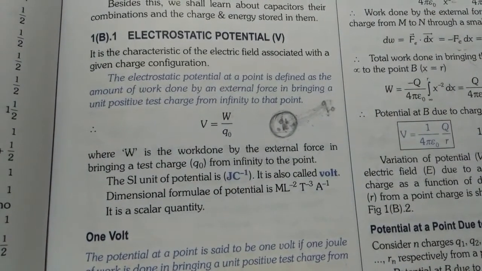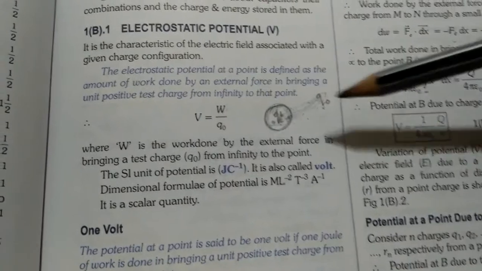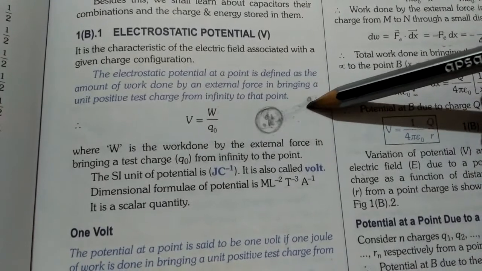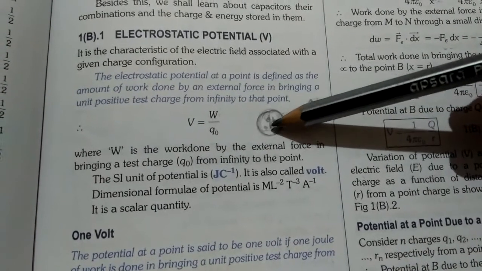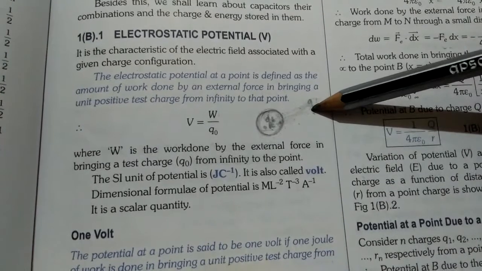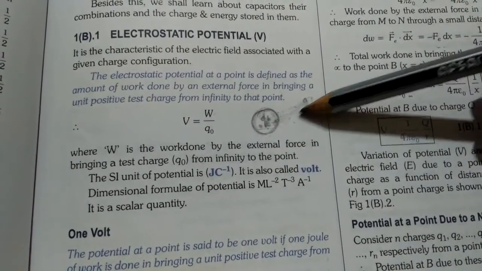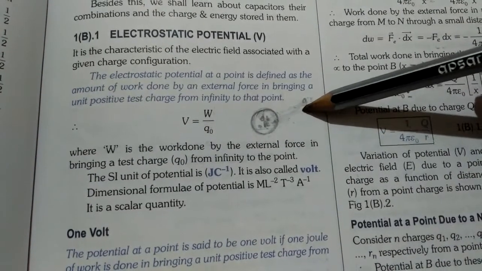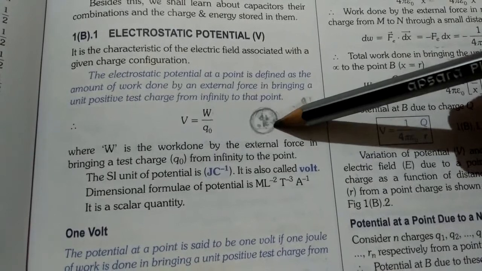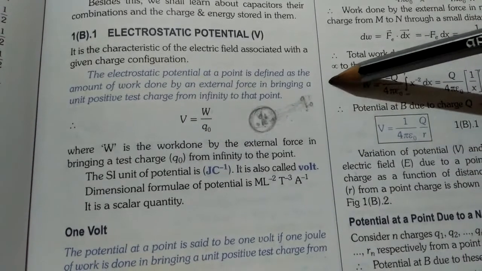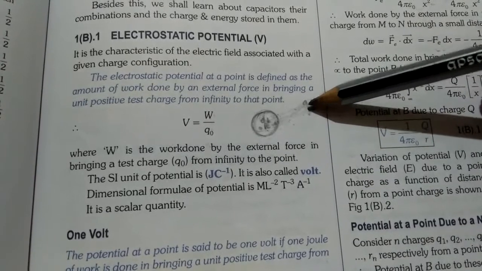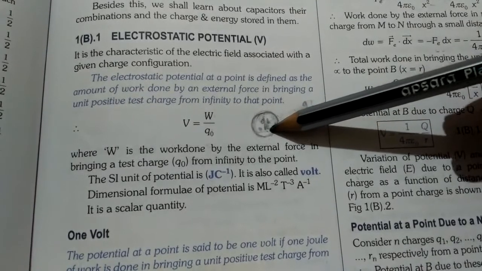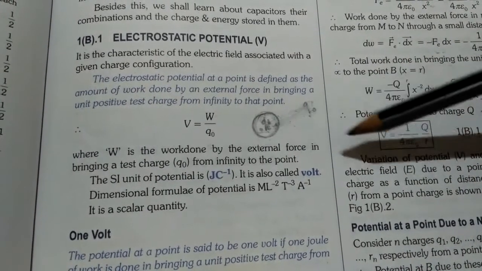Now when we have to move the test charge from infinity into the electric field, we have to do some work in moving it. Because the source charge and the test charge both have the same charge, they repel each other, so the nature of force between them is repulsive. The source charge will try to move the test charge away from itself, but here we want to move it close to the source charge. That means we have to do work in the direction opposite to the force applied.